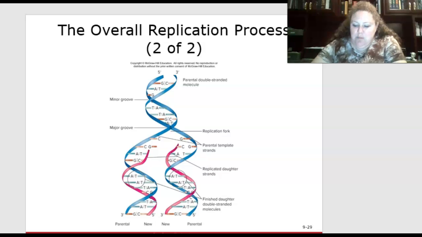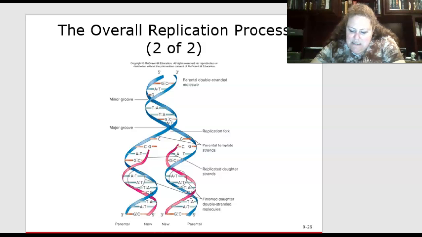And this is figure 9.7. So this is simplified to show the semi-conservative replication of DNA. So the two strands of the parental DNA double helix are unwound and separated. And each single strand will serve as a template, which you see in blue here, to synthesize or make a new strand of DNA, which is shown in red. Or pink, reddish pink, right? And so starting at the replication fork,